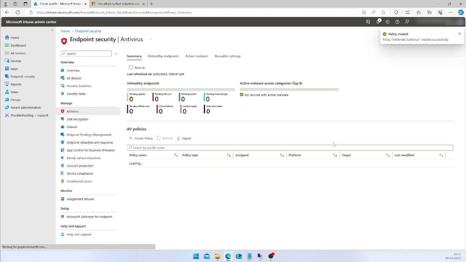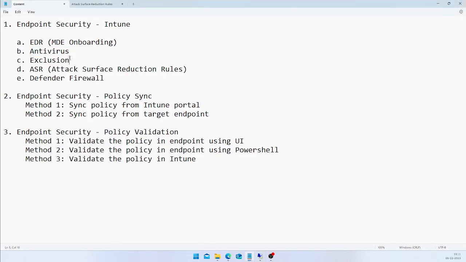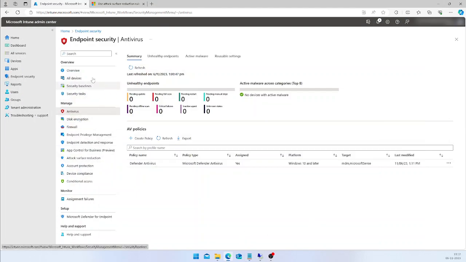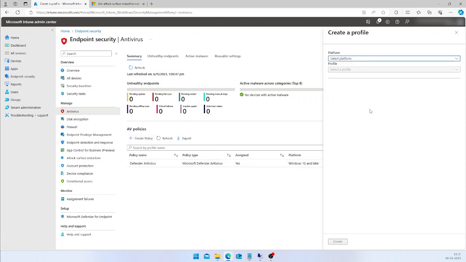I'm going to click on create. So you have done with the Defender antivirus policy. So now let's go back to the list, and now we can create the exclusion policy. So again, go to your Intune Admin Center, click on Home, Endpoint Security, and click on the antivirus and create